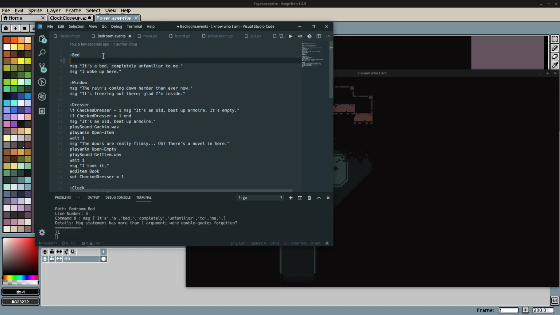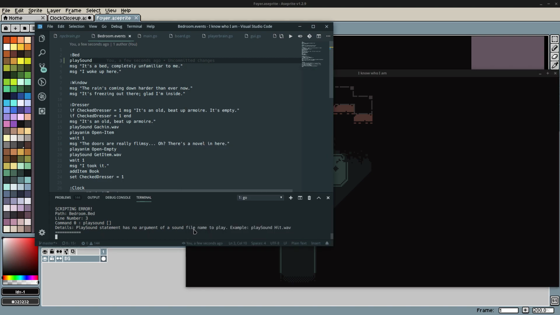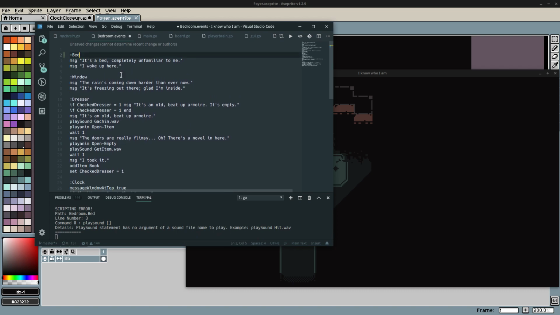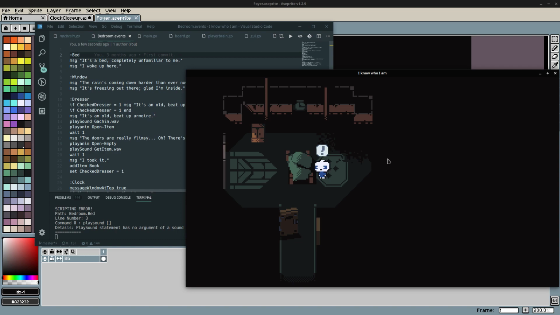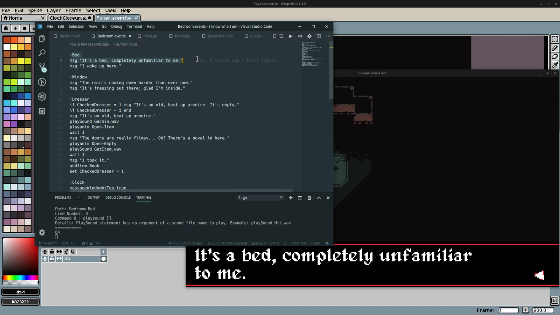If I say play sound and I don't give an argument, instead of crashing, it'll say play sound statement has no argument of a sound file name to play. For example, play sound hit.wav. So I need to say what it is. This should allow for a smoother workflow, so that if, for example, I type another message like this,